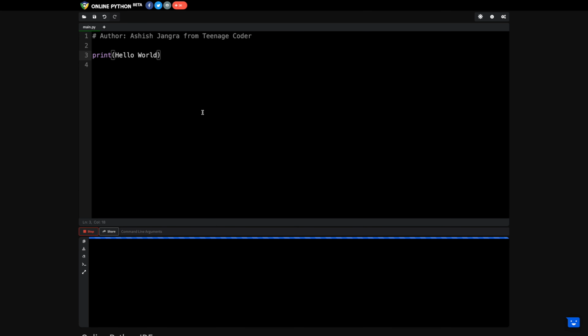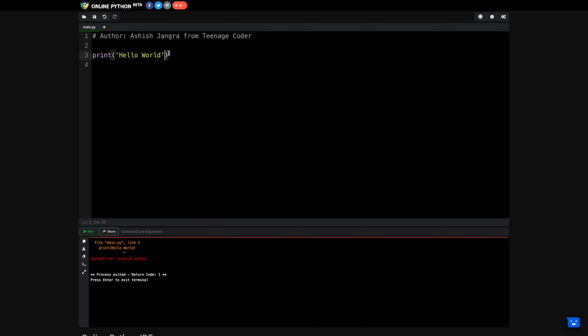Now here we are having a problem. The problem is that it is an invalid syntax. Now invalid syntax means the problem here is that we are not following the syntax. Syntax means there is a fixed set of rules that we need to follow to write a program in Python or in any programming language. Those rules we need to follow. And the rule here is that every time you are writing any kind of text, you need to put it inside a single quote or double quote, right?